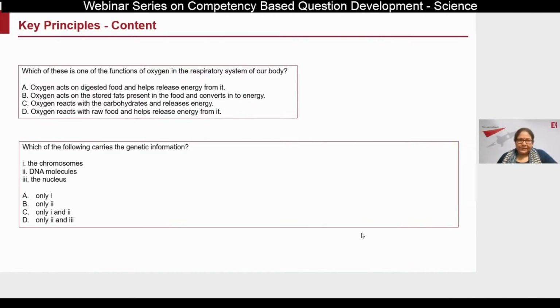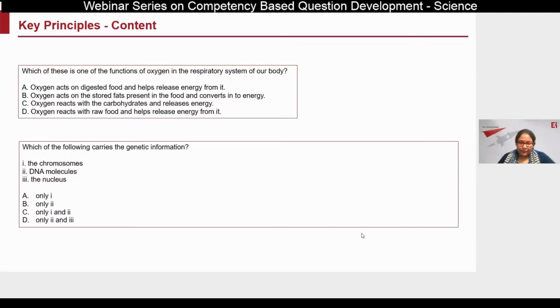Okay, again, two questions here. I'm going to go through this a bit quickly because we know about it already. The top question, there are 4 facts and all 4 facts are correct, but none of the facts is correct for the given question, right? And so there is no correct answer to this question.